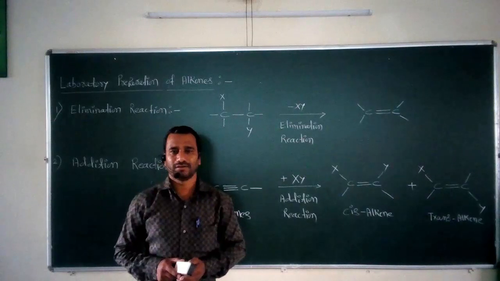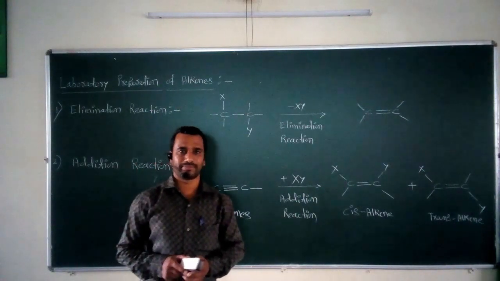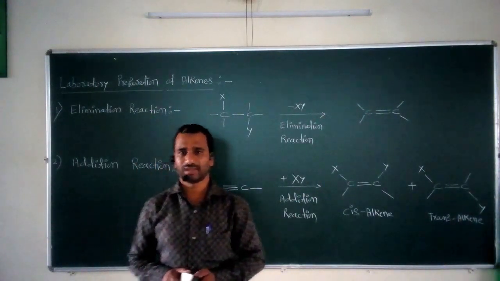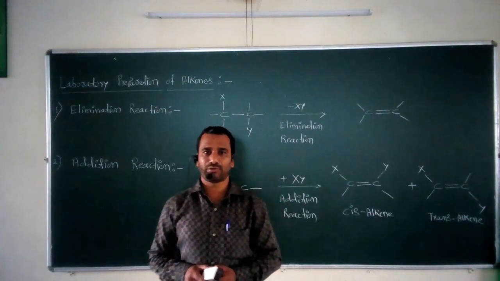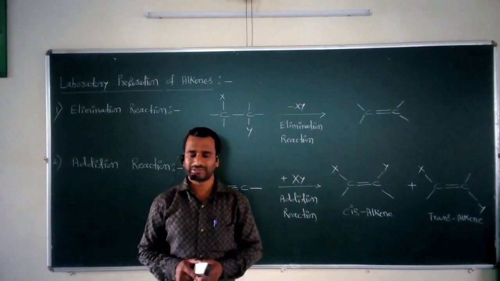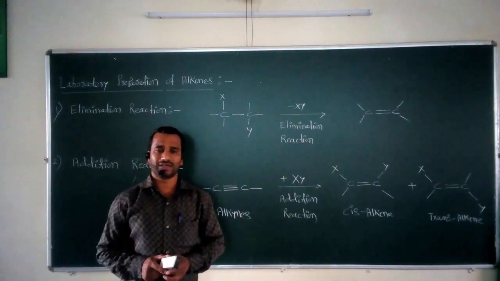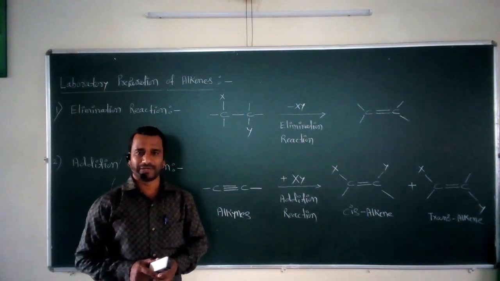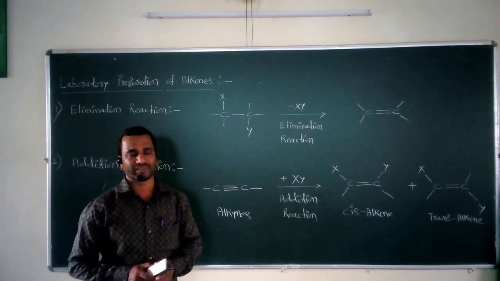As we know, from the last few video lectures, we have started the second subtopic from the first chapter, called the alkenes. In the last video lecture, we already completed one important point regarding these alkenes, and that point is the nomenclature of these alkenes. I hope that you are now capable of assigning names to particular alkenes both by the common name as well as by the IUPAC nomenclature system.